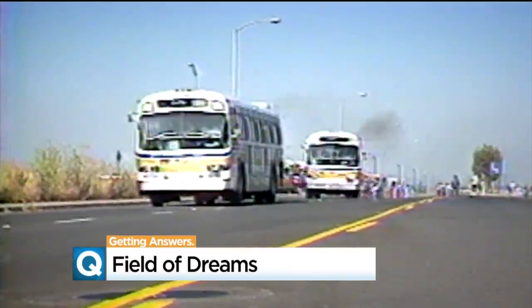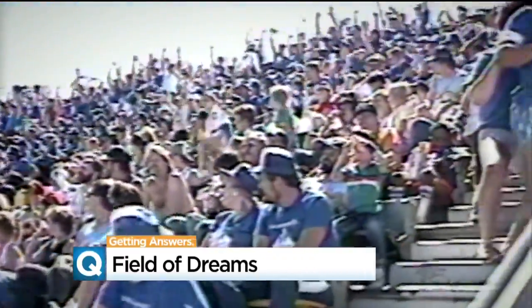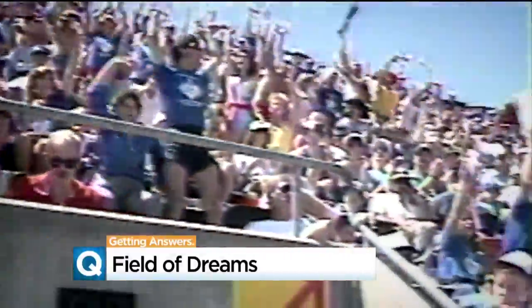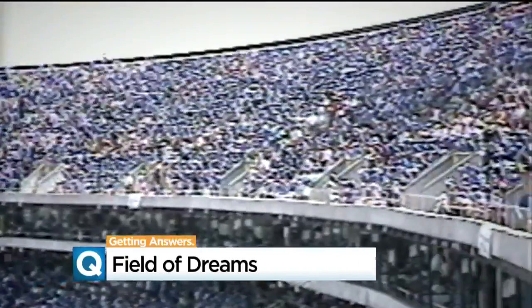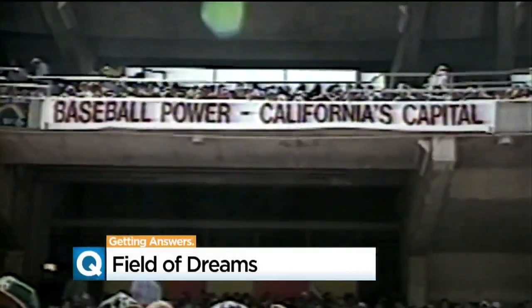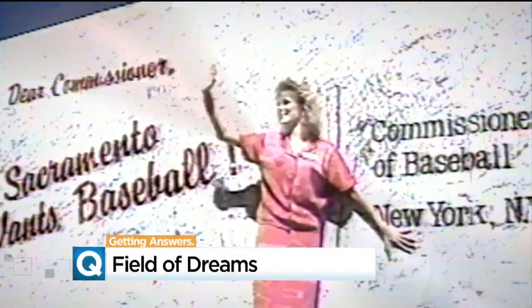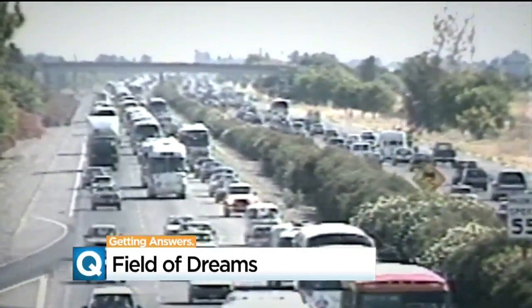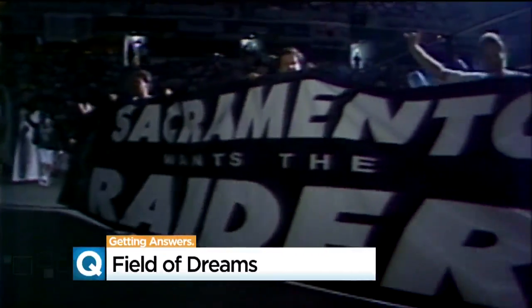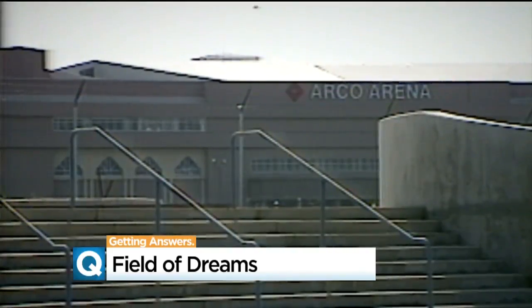The road trip to the Oakland Coliseum, the March on Baseball as they called it, in August of 1987, to this day still holds the record for the largest single group sale event in the history of Major League Baseball. 22,000 fans from the Sacramento area were taken out to the ball game. There was a huge caravan. We stopped traffic, and it was just crazy. But we got their attention, but we didn't get the team. By now we know Sacramento didn't get the Raiders either. And this field of dreams, well...